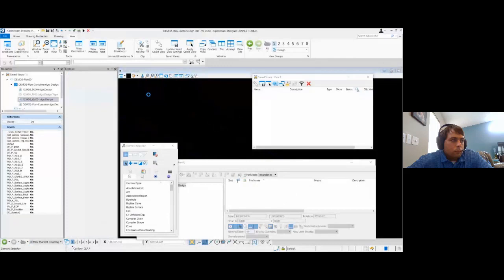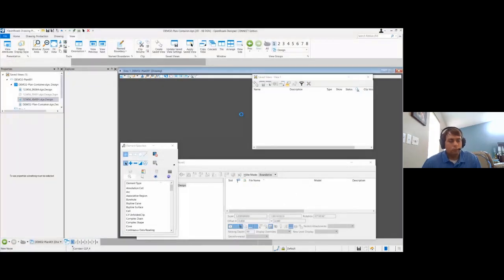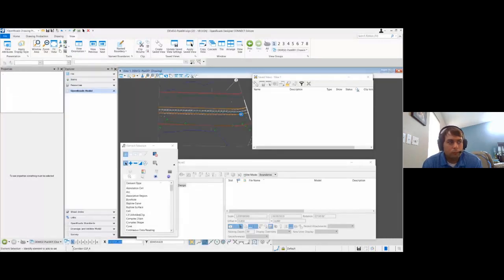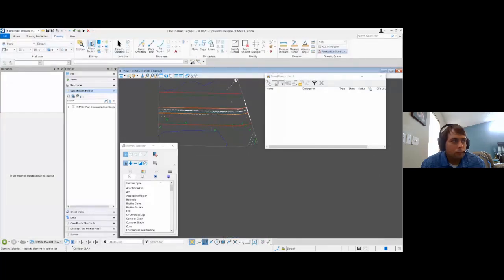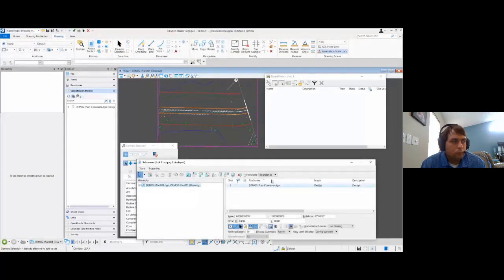what you'll notice is that I don't immediately see that change. Everything still looks the same, like if I didn't even modify the saved view. So now what I have to do to see that is I have to come to my attached tools, my references, and right click and update from saved view. Because when I do that, you see it updates.